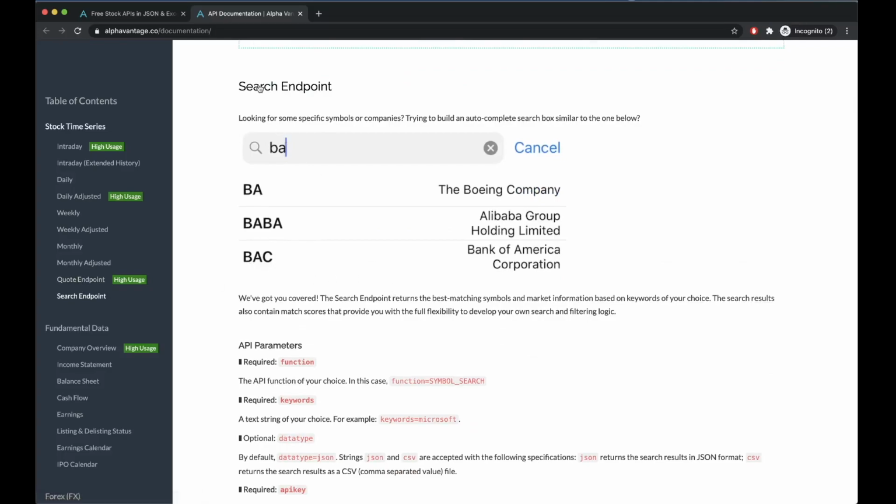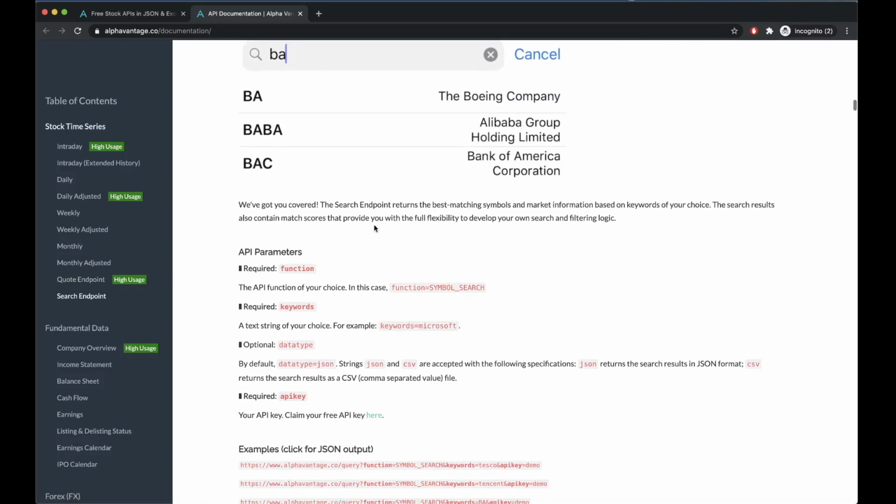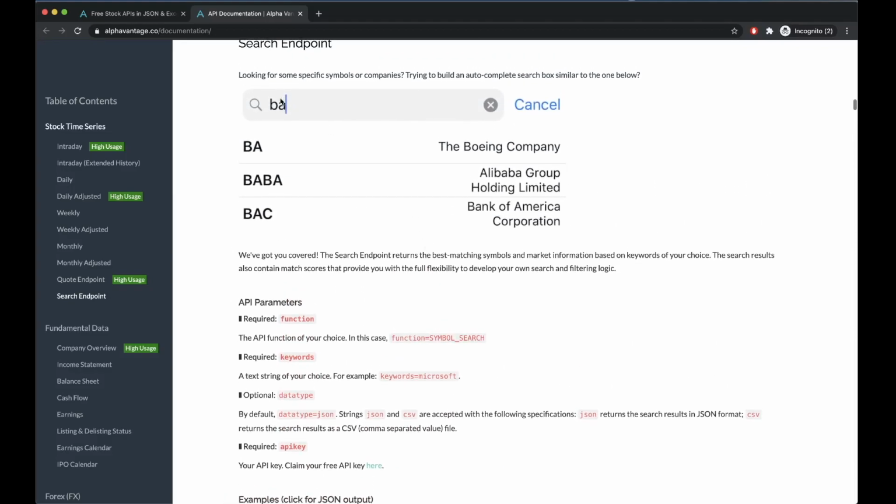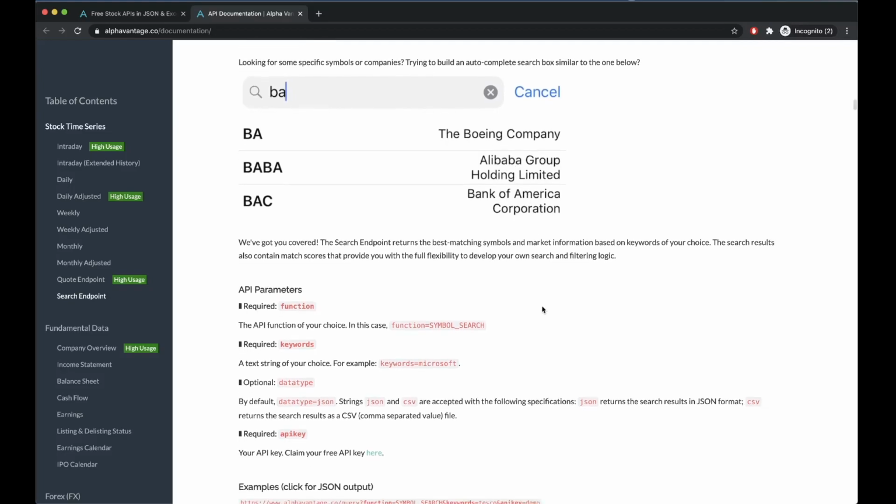Another endpoint that we're going to be using is going to be the search endpoint. This is where you actually provide the search keyword, and then it will give you the results back, and then you can use those results to basically populate your results area. And upon selection, like we are doing in our app, we're going to add that into our watch list array, and then we're going to use that.